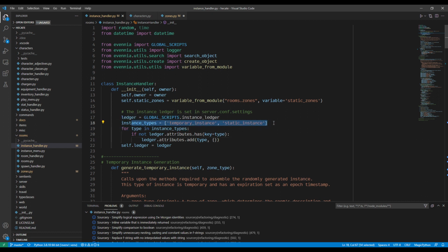Instance types. I set the two instance types here, and the reason why I do this is because instance ledger, this is the name of the attribute that's stored on the global script. And in that attribute, this instance ledger is actually a dictionary. I set this